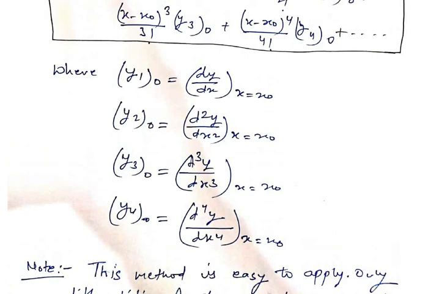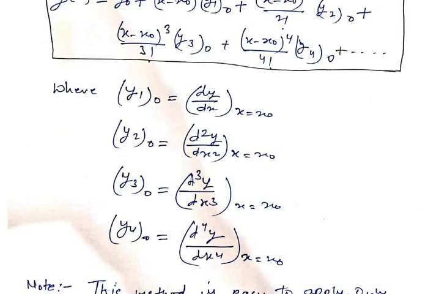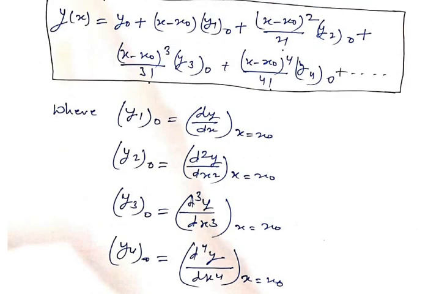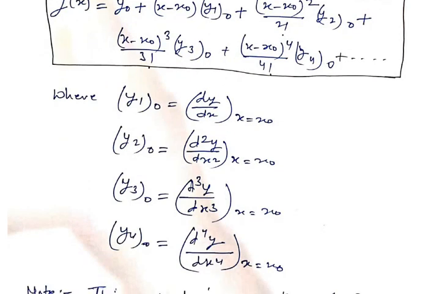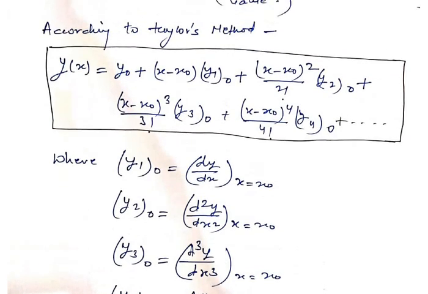So dear students, one thing is that when we apply the Taylor series method we have to go for differentiation. The Taylor series method always uses differentiation to solve a particular ordinary differential equation. Second thing, it does not give me any general solution. I will directly get a particular solution when I apply x equals x0. So first we will get a generalized solution, but ultimately we will get a particular solution.